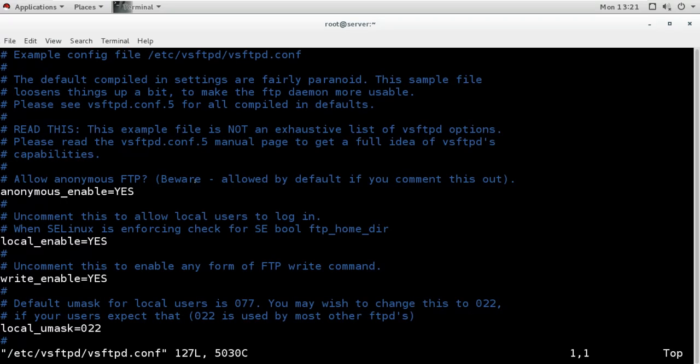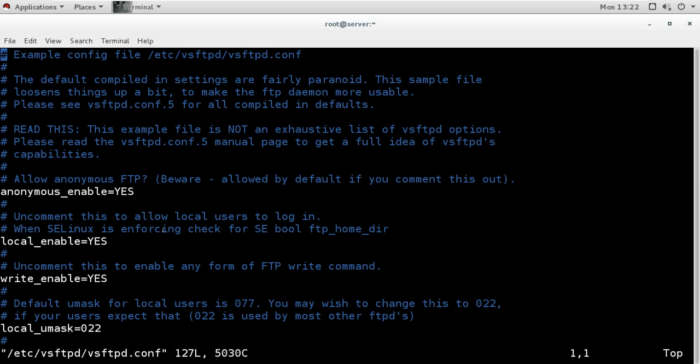Now remember, those lines which start with a hash are commented. Commented means they will not apply, they will not affect the FTP service. When the service runs and reads the configuration file, it will not use these lines. These are comments. Now the lines which are not commented are used, and this line says anonymous_enable equal to yes. This one says allow anonymous FTP. That means it is allowed here. So that is why this is the line which is configured for the anonymous access. It is saying anonymous_enable yes, and that is why the anonymous user is allowed.